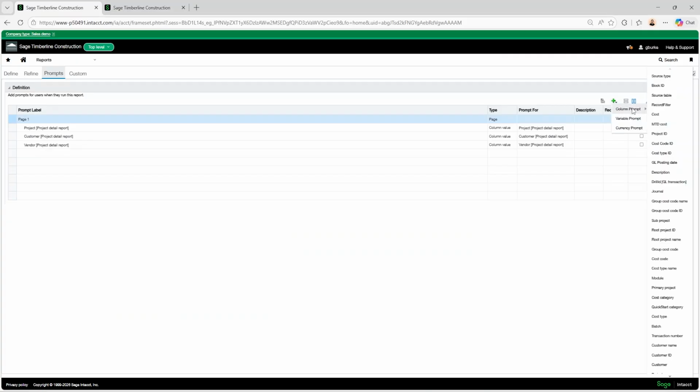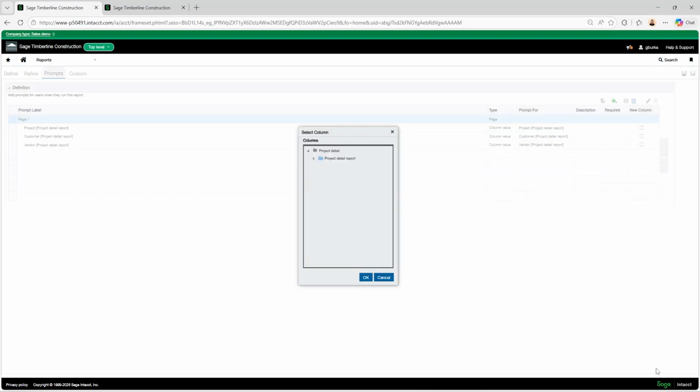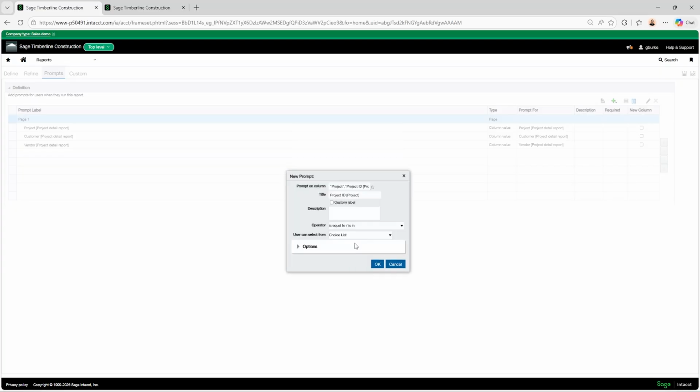So I'll go back here, back to the column prompt. And this time, I'm going to add the same prompts, but I'm going to go from the dimensions folders. So dimensions, project, project ID.